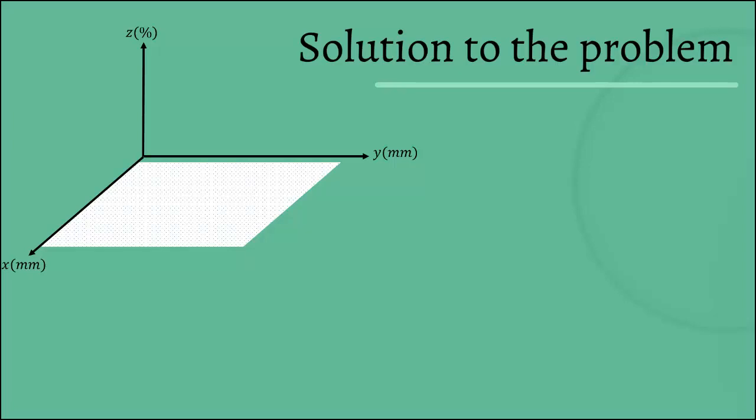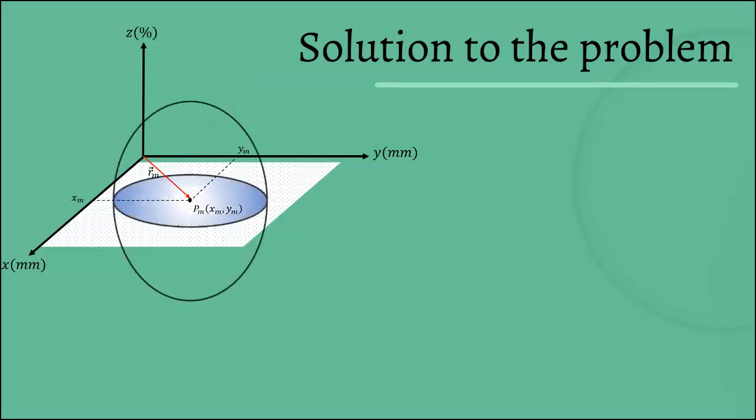Suppose that every detector has a position on that plane, xm and ym, and evidently it also has a position vector rm. Around this point, we generate an ellipsoid of revolution, whose equation is the following,